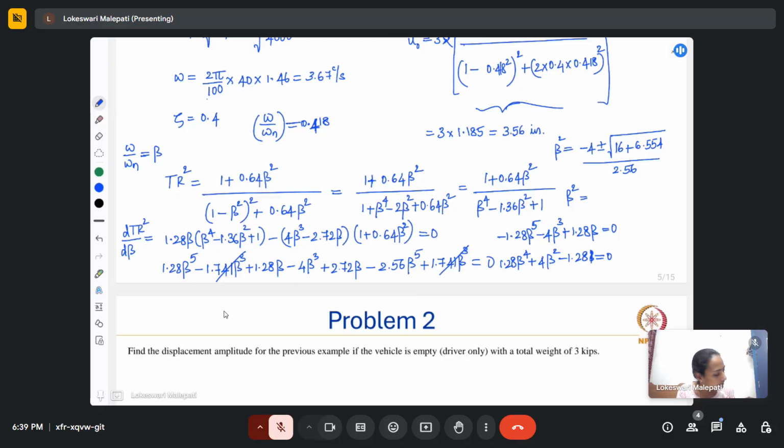What is the value of beta? So you would obtain beta as 0.541. That means